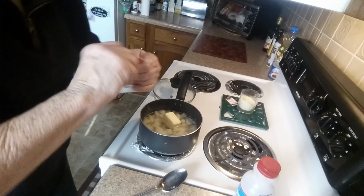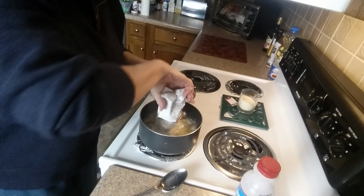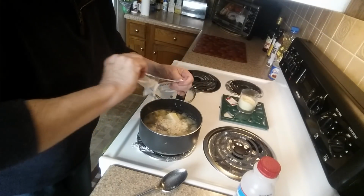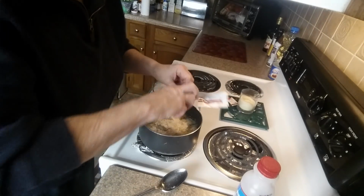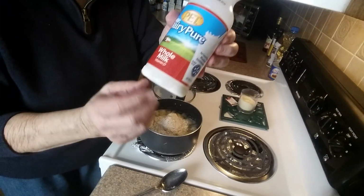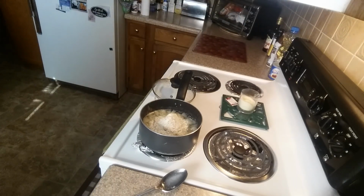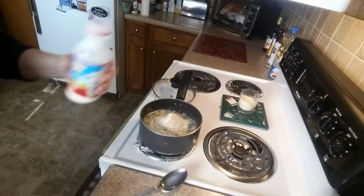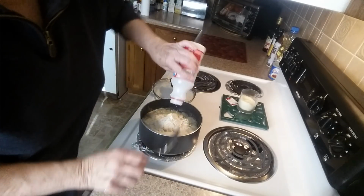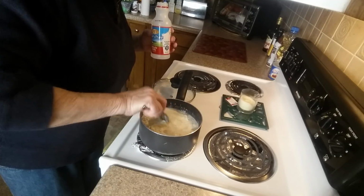I am going to go ahead and put this potato soup in, mix it in so I can use it up. And it's half a pack. Mix that in, and I've got about a 1/4 cup of milk. I'm going to add some water too. I made it probably about a 1/2 cup. I'm going to add that in, and we're going to stir this up to get this potato soup dissolved,